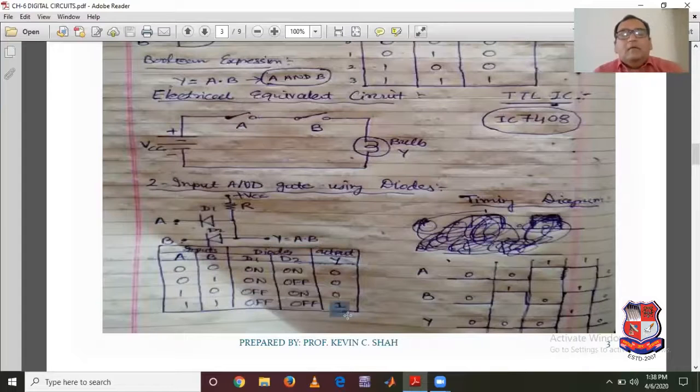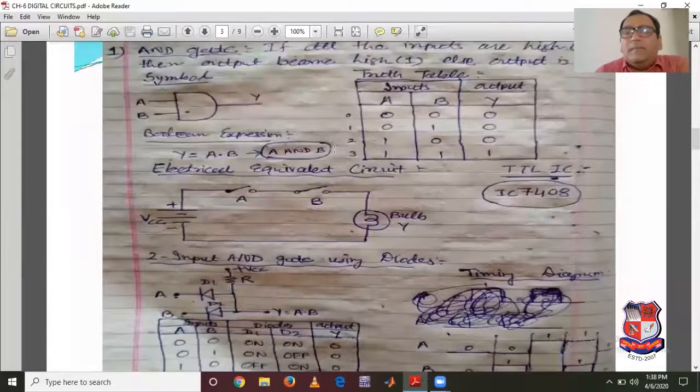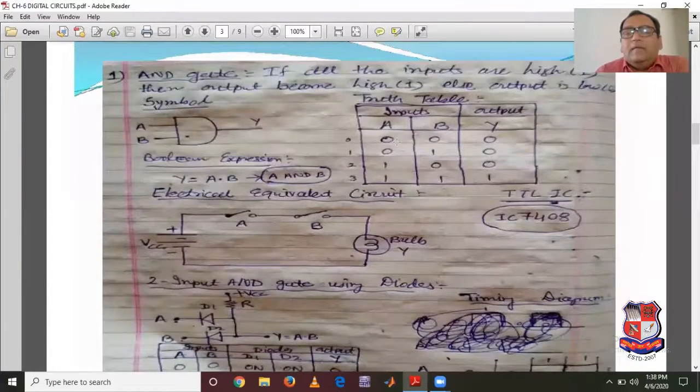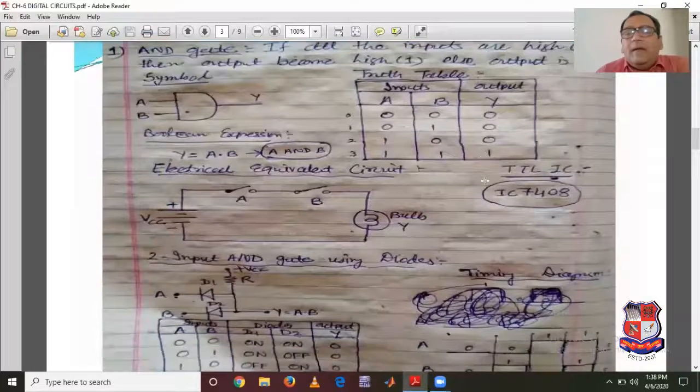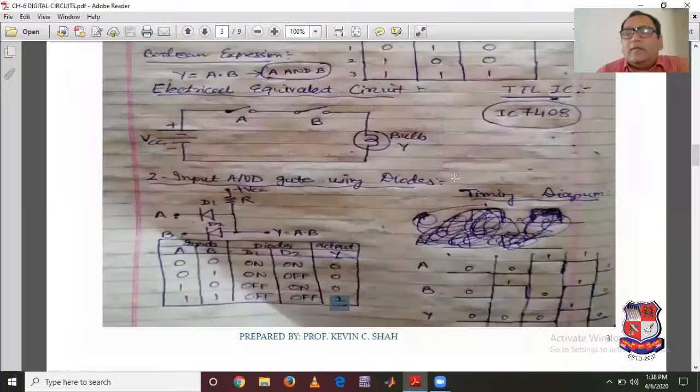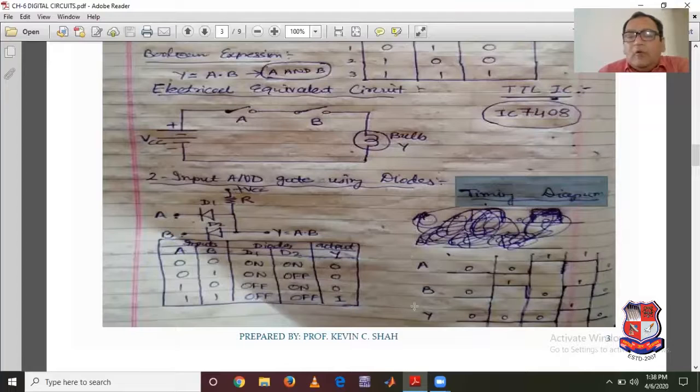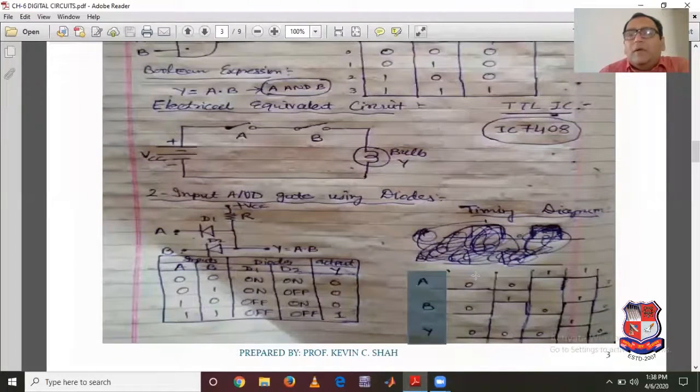So I hope you understand this circuit, the AND gate using diodes, with two inputs. Now the last and very important topic. As per the truth table we have discussed, in the AND gate 0 0 gives output 0, 0 1 gives 0, 1 0 gives 0, and 1 1 gives 1. So I can draw the behavior of the AND gate with the help of a waveform, and that is known as a timing diagram. In a timing diagram, we just have to draw the inputs and output. You can observe that A and B are inputs and the output is Y. I can draw the timing diagram with the help of the truth table also.